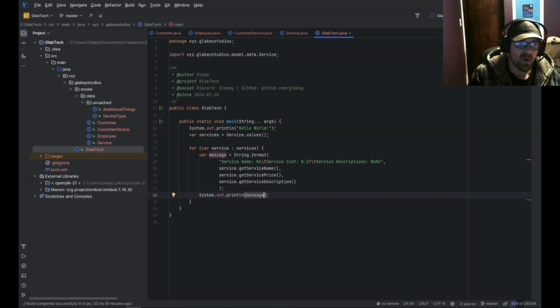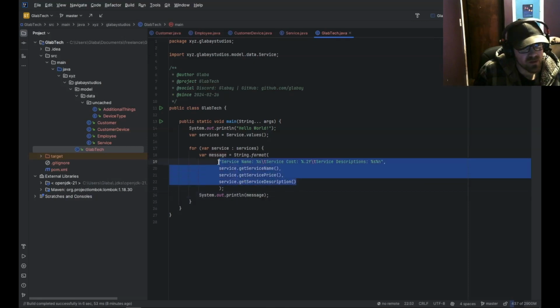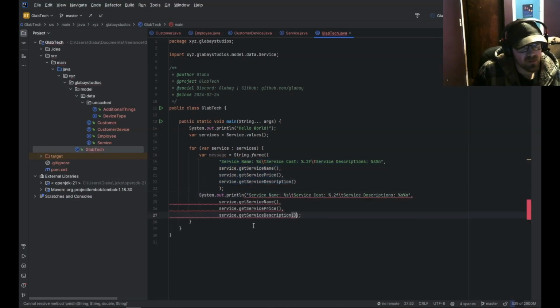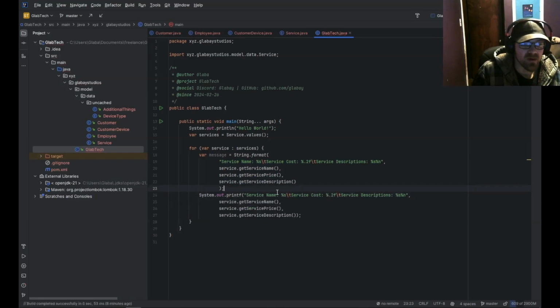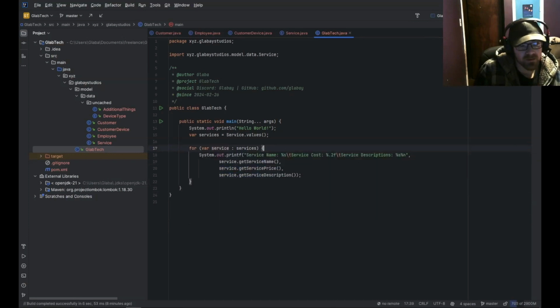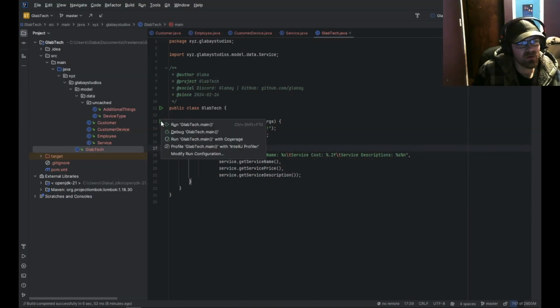Now, if we wanted to write this differently, we would just copy this part. We would throw this in here, but instead of saying line, we would say f, which means to print a formatted message, which is the same as this formatted message up here. So we could actually make that easier by just simply saying print formatted message here. So now let's take a look and see what that looks like. So now if we run our program,